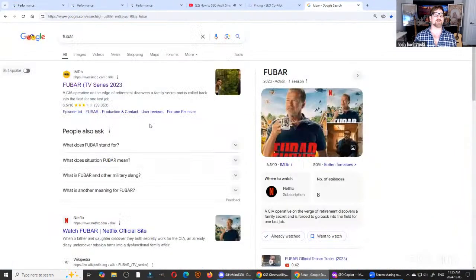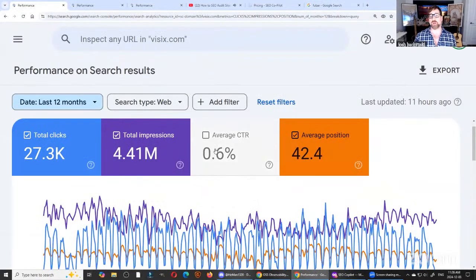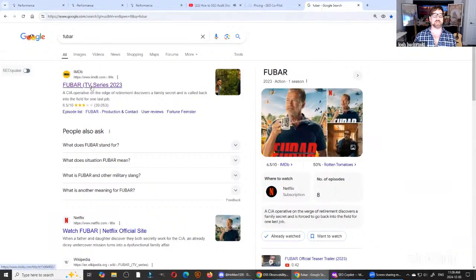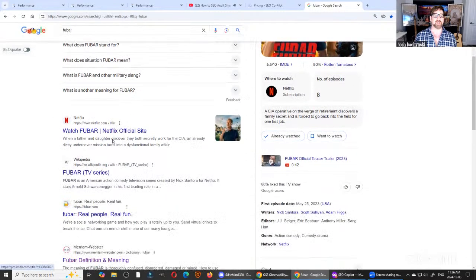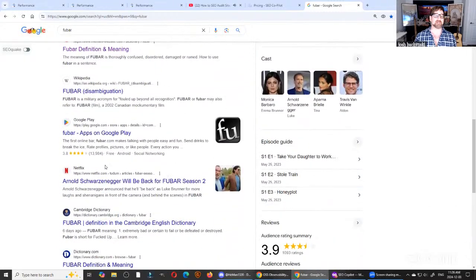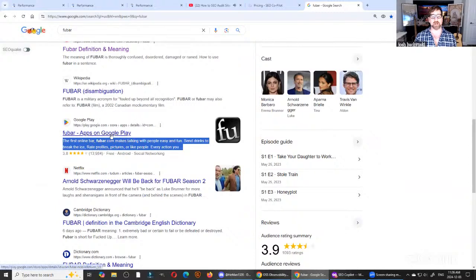If you see this number is low, you know you need to do white hat SEO now. Good old white hat SEO, you need to go to your title tag and to your meta description or to whatever other sentence that they're pulling. You need to get more reviews and ratings. You need to get all this other stuff that Google puts here, right? Reviews and ratings, the title tag. If that's where they're grabbing it from, they don't have to. They can grab it from anywhere on the page. You need to find the meta description or whatever sentence they're pulling on the page, and you need to improve it. You need to optimize it.